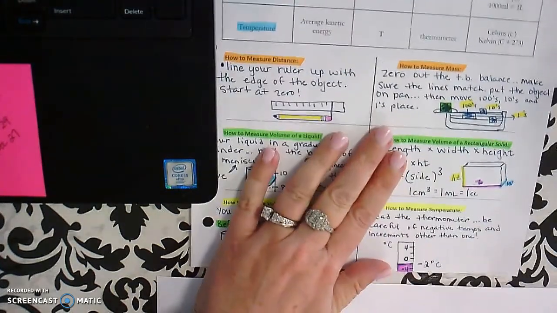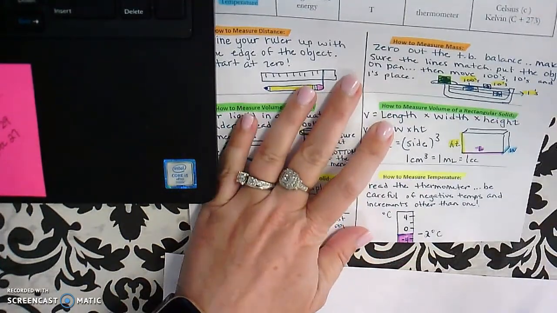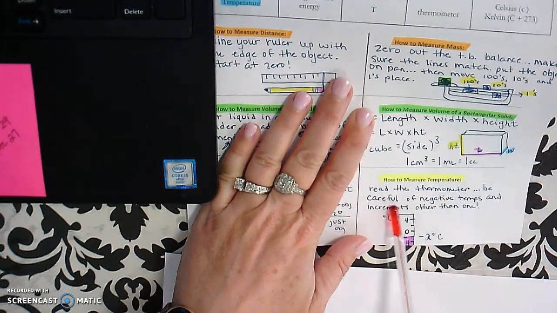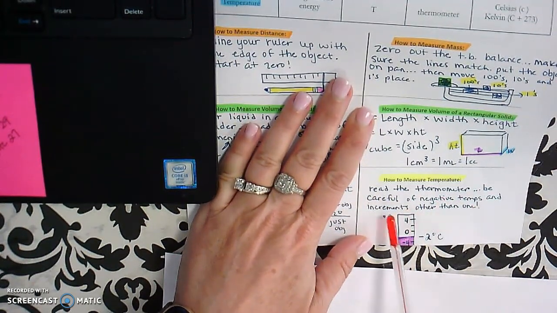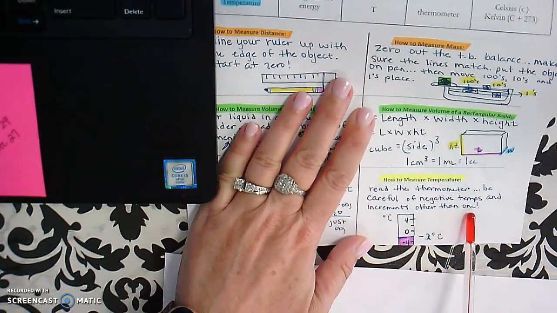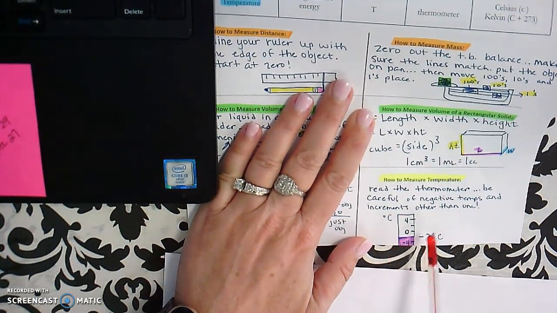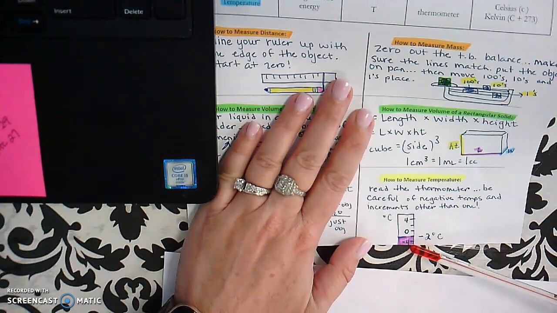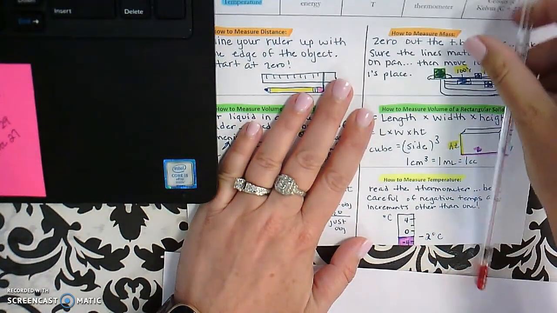Down here on the bottom of your page, you will read the thermometer and be careful of negative temps and increments other than 1. So looking at this picture, we have 4, and then we go to 0, and then we have negative 4. So this measurement between 0 and -4 is -2. And this is what